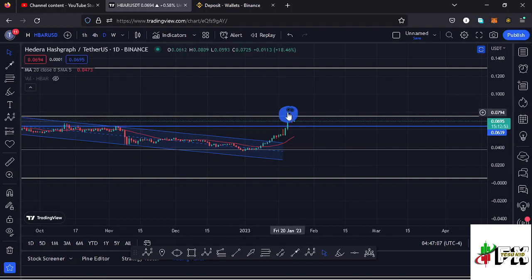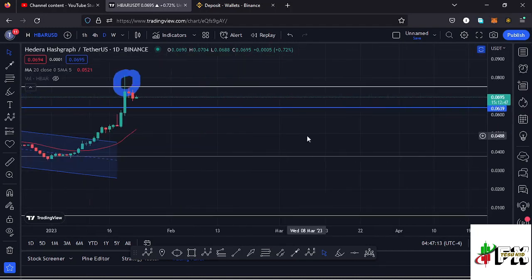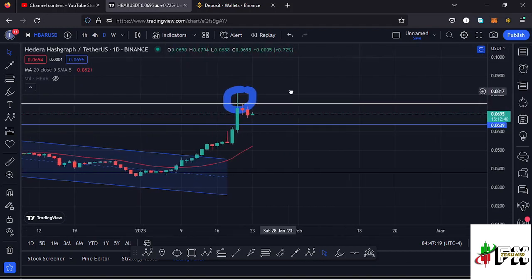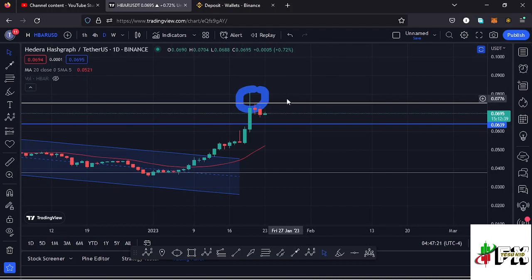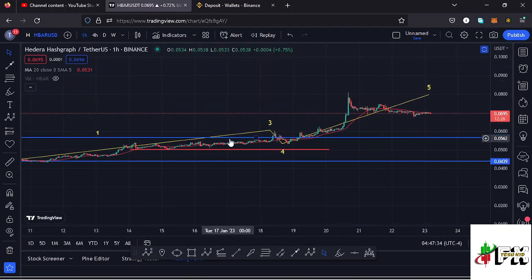And after making that high at around the $0.08 mark here on the Hbar chart, you can see that on the daily candlesticks we had a very long wick here on the daily candlestick, and this is the first indication that the bears are taking over the market, and that means very soon we are going to see a bit of a pullback here on the Hbar chart in what I'm terming as a higher Elliott wave count 2. So jumping to the 1 hour chart so that I can give you the short-term scenarios that I'm expecting to play out,